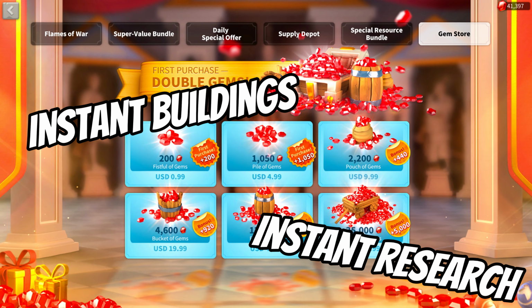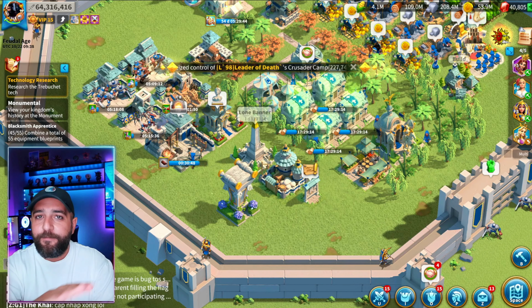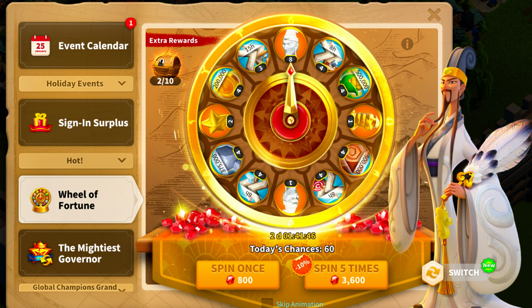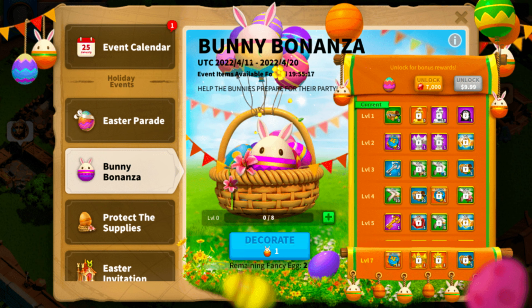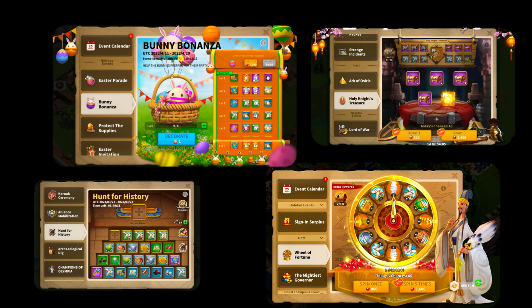Speeding up your buildings, researches, training troops, buying resources, like literally everything. But in reality, you should only spend them on a handful of things. Some examples could be Wheel of Fortune, 7k gem event, Hunt for History, or Holy Nice Treasure. Saving your gems for these type of events will give you a lot of rewards, whether it's commander sculptures, materials,